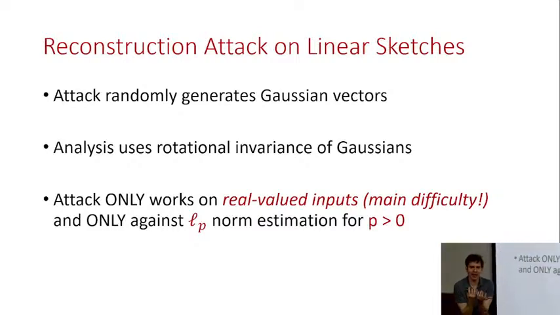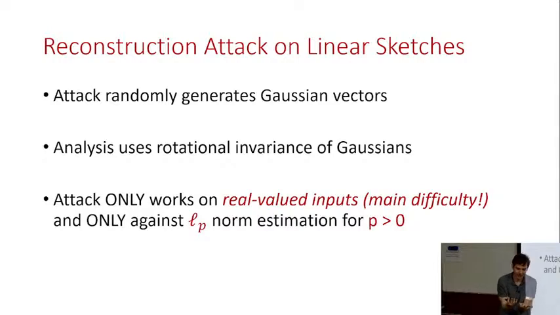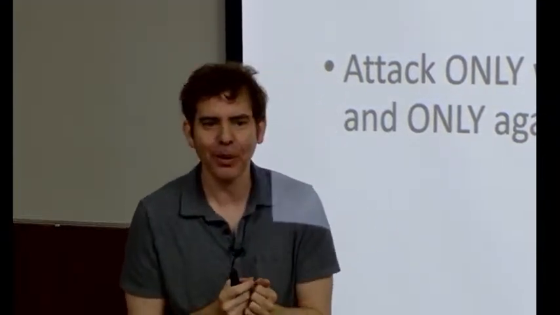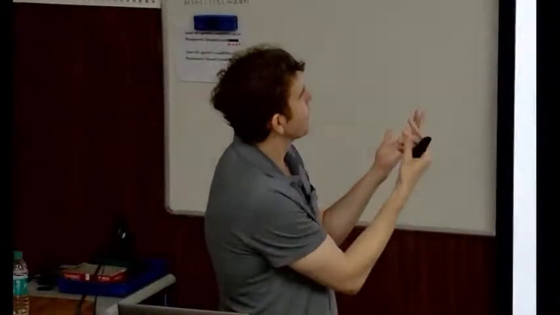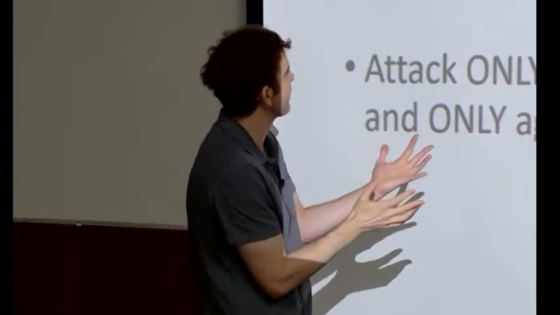Okay, in a stream, you don't actually have real valued inputs. If you had real valued inputs, it's difficult to formally say what the memory is, right? What's the memory to store a real number? Okay, so we always think of streams as having discrete inputs, which is problematic here because if we try to maybe round the Gaussians, then it's not so clear that we can argue that we're making progress, okay? Because the analysis fundamentally needs this rotational invariance of the Gaussians, and once you round them, they're no longer rotationally invariant. Maybe there's some information in the lower order bits.